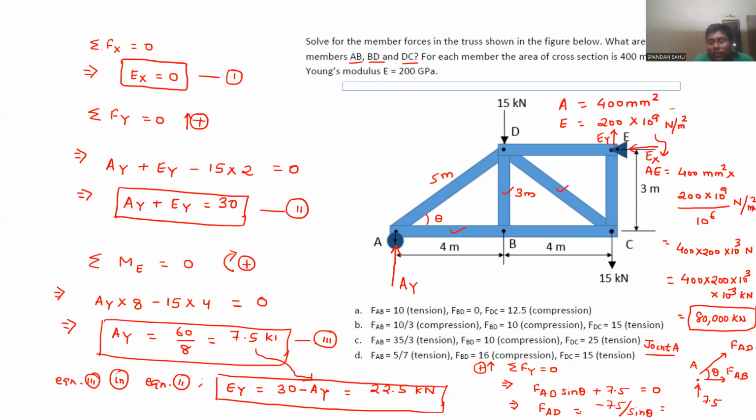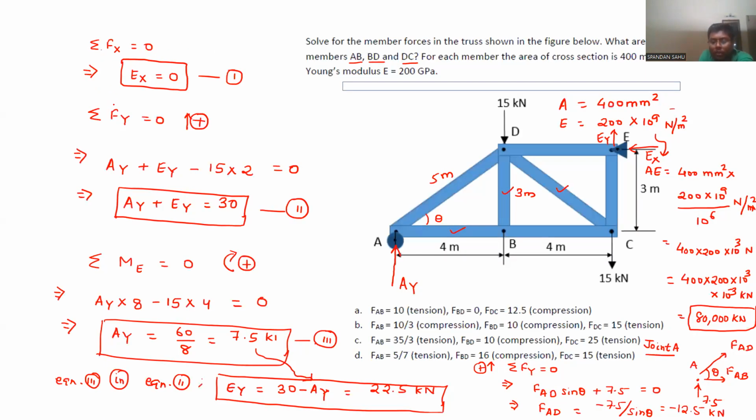Can anyone tell what is the value of FAD? It is coming out to be minus 12.5. Sorry, not FAD, yeah. FAD is minus 12.5 kilonewton. Now